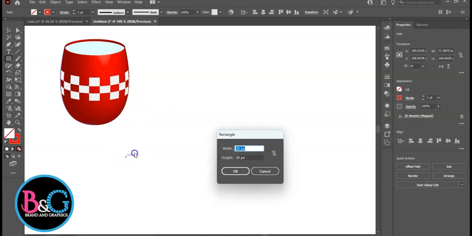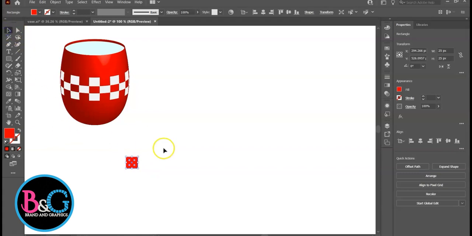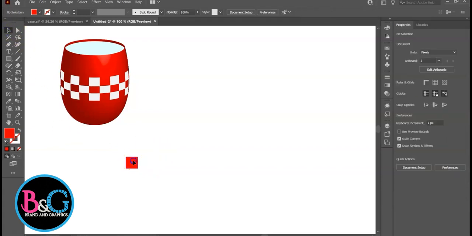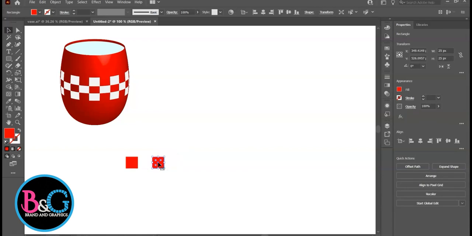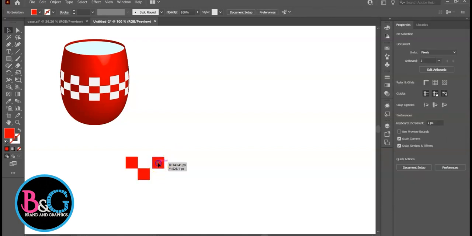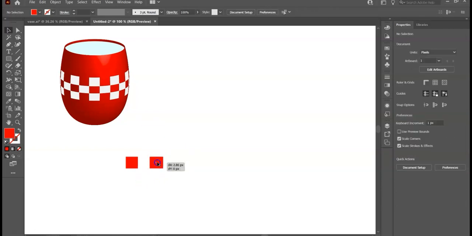Click and set width to 25 by 25 pixels by dimension. Give it fill. And I'm going to click and hold down the Alt key and drag on a straight line, holding down Shift. Then I will duplicate this and see if this is space enough for another rectangle. It's not space enough, so I drag this one down. I can delete this. Then I will hold down the Alt key and Shift key and drag this one